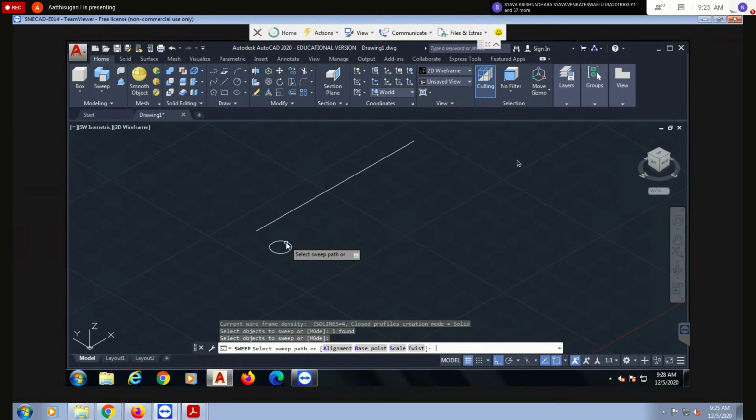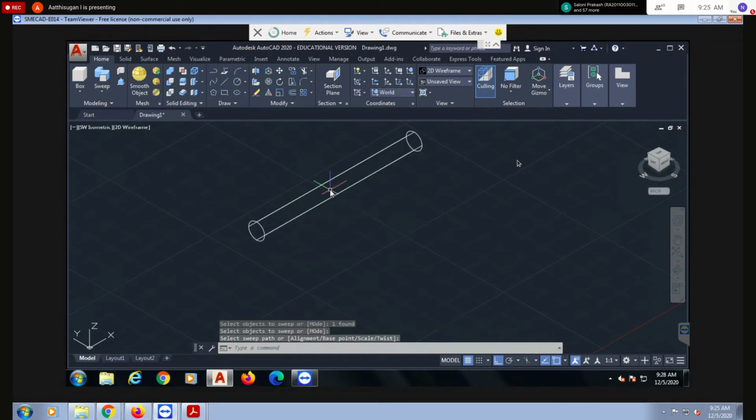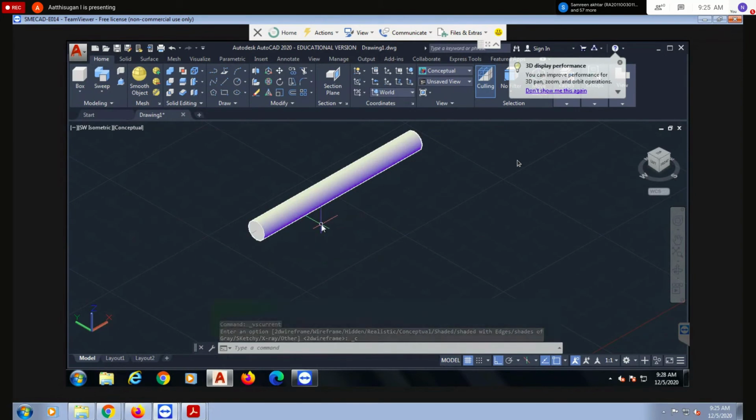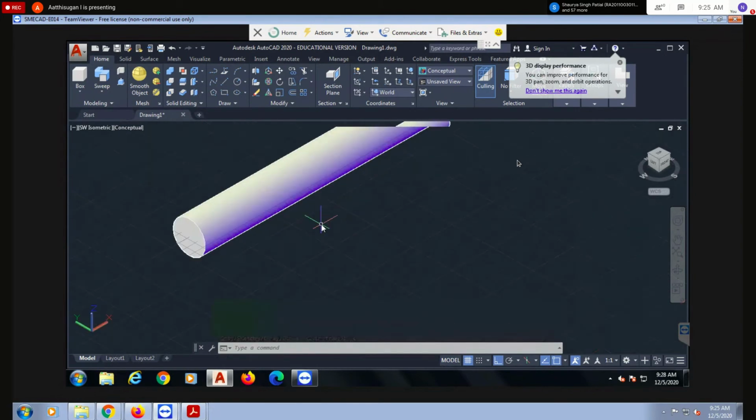Press enter. Then you can select the path. This is my path, just click here. Now see, according to the diameter of the circle, that will be converted into a rod.